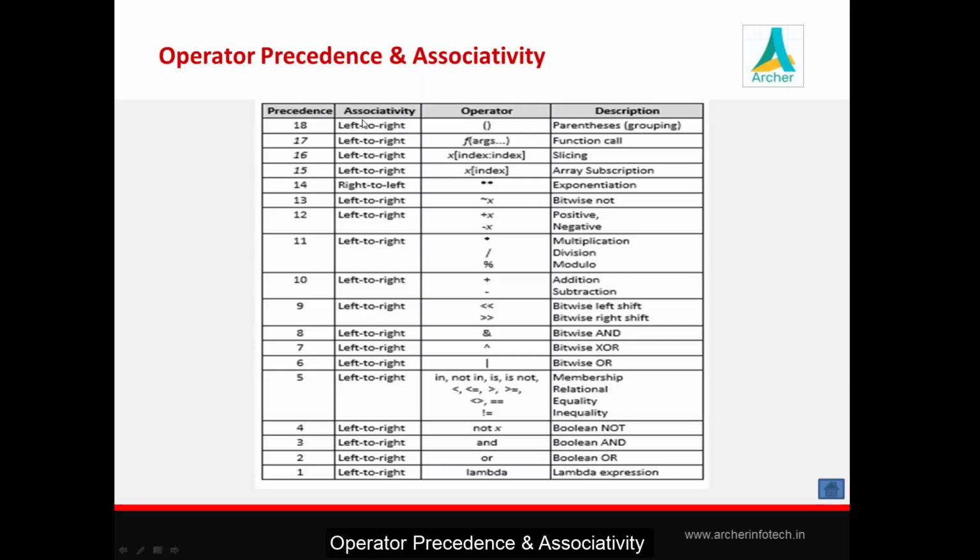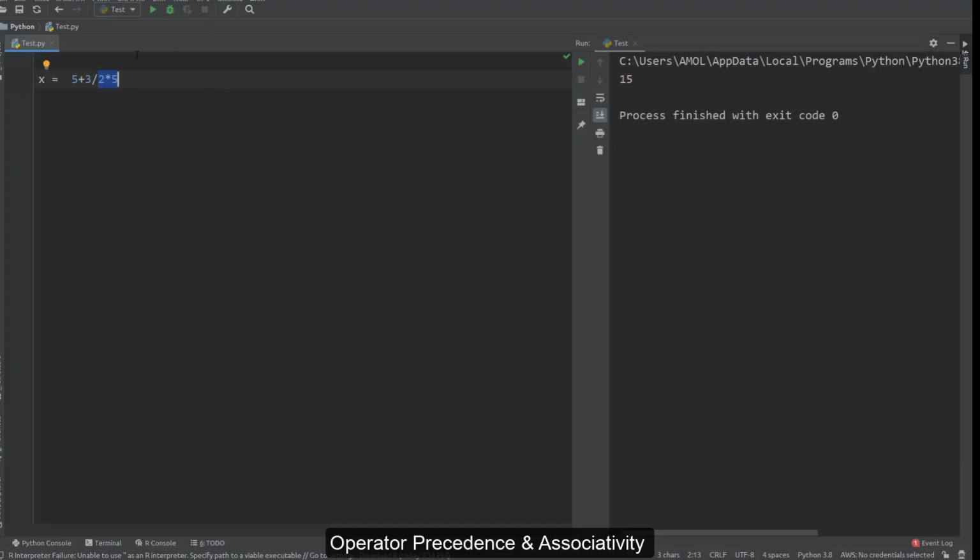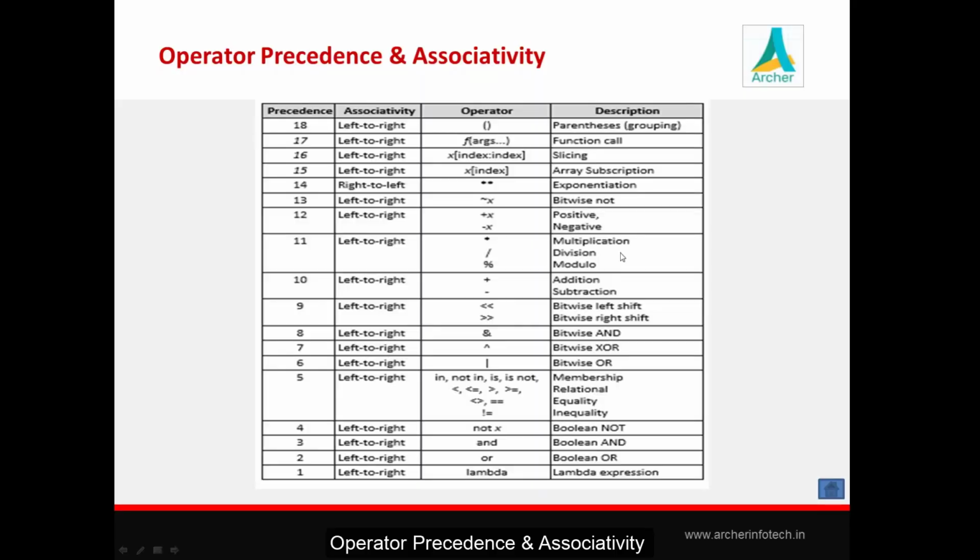So that depends on this criteria of associativity. Associativity means the sequence in which your expression will get evaluated, from left to right or from right to left. So if you check this table, most of the time you are following the left to right rule. Only in case of exponentiation, we are following right to left. Okay, so in our case, 3 divided by 2 will work first, and then whatever the result, it will be multiplied by 5. So according to this table of operator precedence and associativity, it will be defined which expression will evaluate first if your expression contains a number of operators.